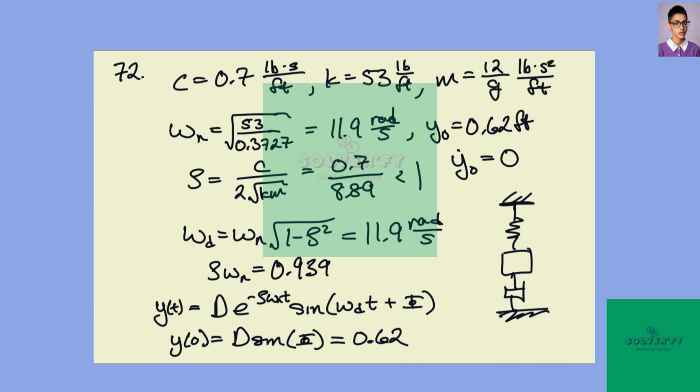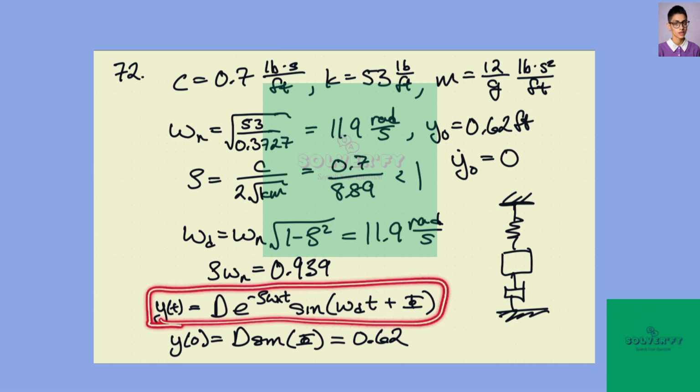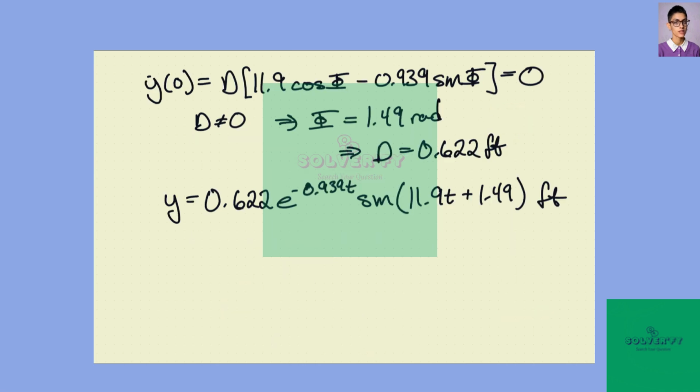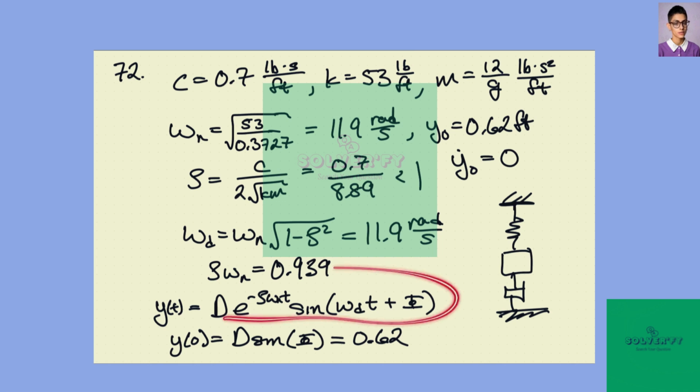Now we know we need zeta times omega n, and we can calculate that as 0.939 because we need that for this exponential term. So we have the response is given by this equation. At t equals 0, we have d sine of capital phi, the phase, and that has to be 0.62 feet. Now we have the initial velocity, and again, you need to take a time derivative of this,